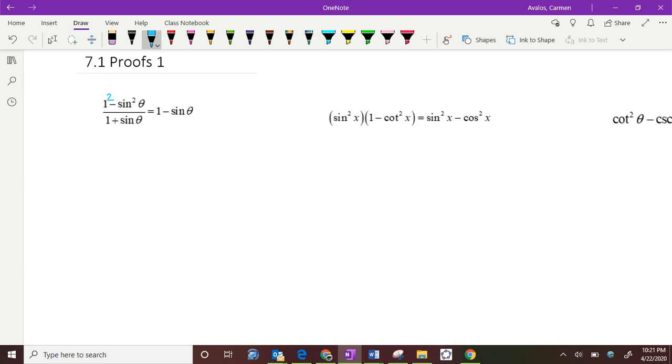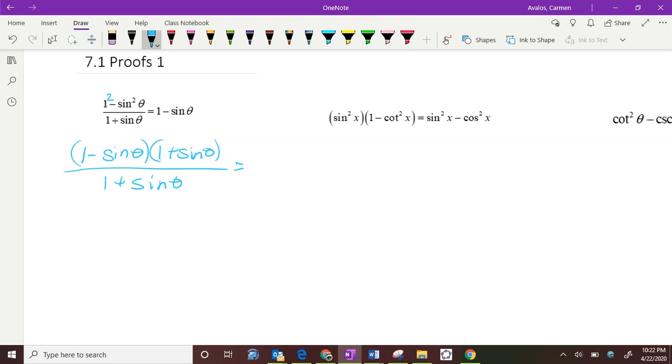So that means that I could break them up and factor it, and it's going to be 1 minus sine squared of theta times 1 plus sine squared of theta. That's why we've been working on factoring so long. And so I just factored that. That's a difference of squares. Now, I didn't do anything to the denominator,